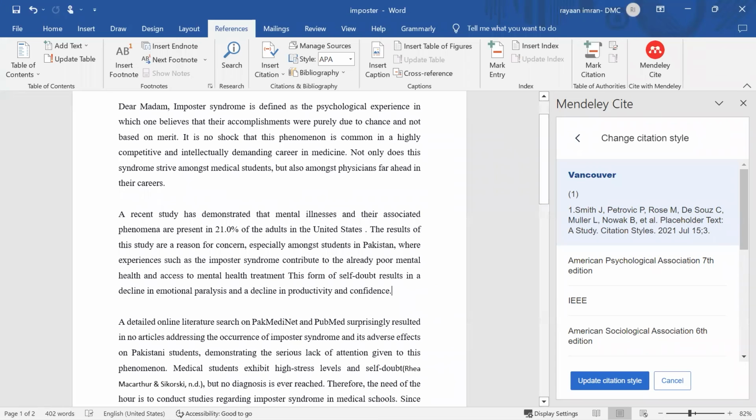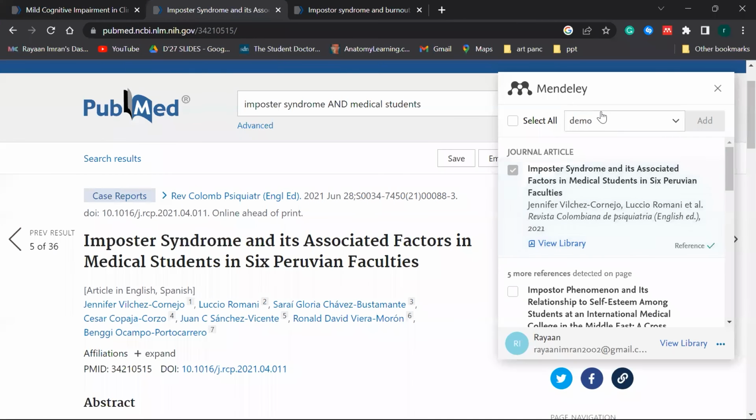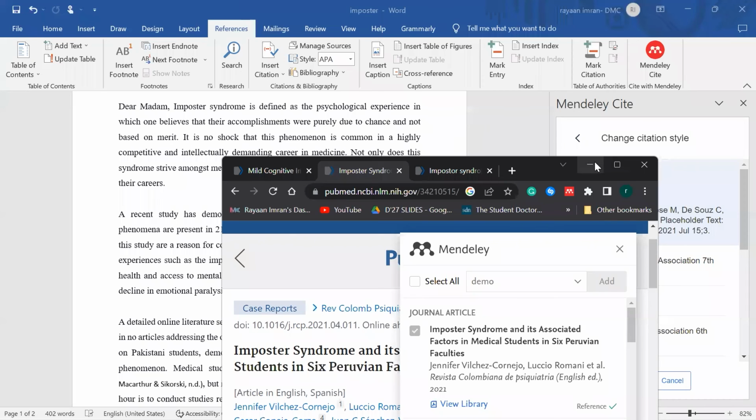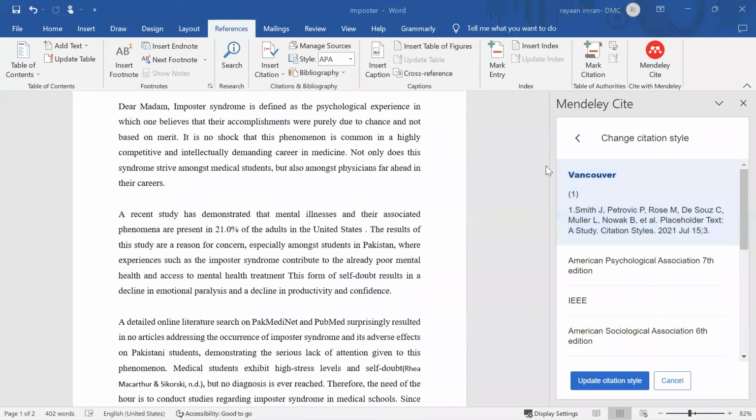So then what we did, we said, अच्छा, let's find some articles. We saw some articles right over here on Google Chrome. And we're like, I like this article. Then we clicked on Mendeley Web Importer. This automatically popped up. We selected it and we clicked on add. तो हमारे वो library में चला गया था in Mendeley Reference Manager, ये application की तरफ चला गया था, ठीक है? So once that was done, now let's put it into the article itself. We go to Mendeley Cite, and then we click on this. ये छोटा सा हिस्सा खुल जाएगा, ठीक है?